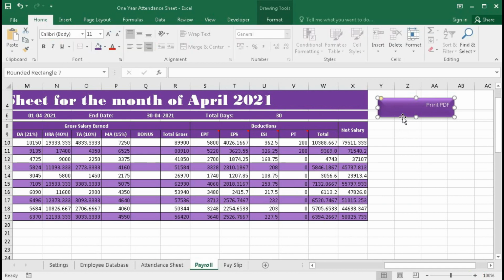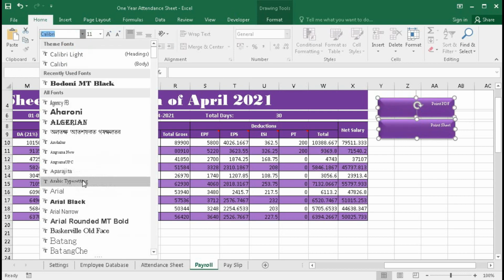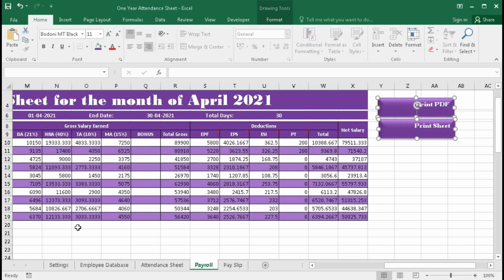Then select this, press the Ctrl key and drag it down and release the mouse button. And now here we will type print sheet. Now we will change the text, so increase the font size.